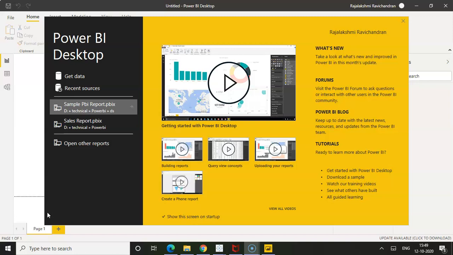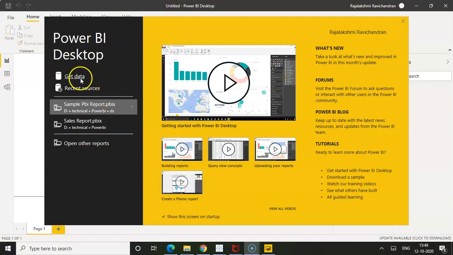In this video, I'm going to talk about the Power Query Editor. So in Power BI, we have a Power Query Editor to transform your data. When you are connecting to any data sources, suppose you want to make some changes to your data, like clean up your data, shape your data according to the business needs, or combine data from different data sources, we can use this Power Query Editor. It will help you transform your data according to your needs, and then you can use that cleaned up data to create your reports and dashboards.